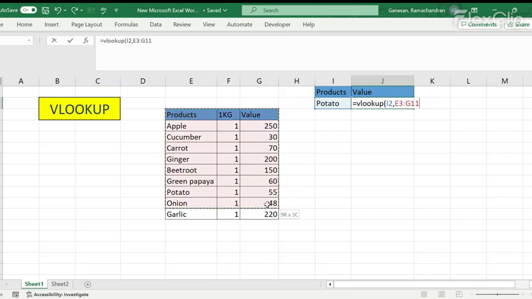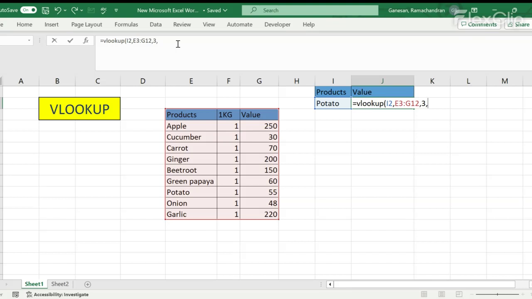So select the table, comma, in this table, the third column has the values. So we should type 3, comma,